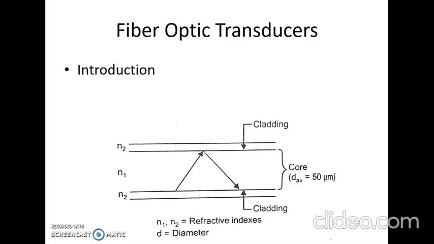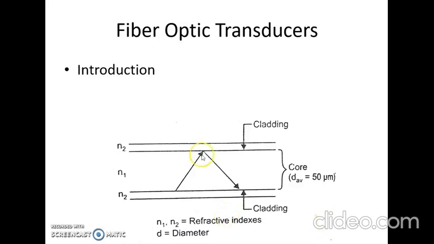Now let us discuss fiber optic transducers. Fiber optic transducers are also called optical fiber sensors. These optical fiber sensors work on the principle of alteration of light by external variables like motion, temperature, pressure, flow, etc. The fibers act as light conduits and consist of thin strands of dielectric materials like glass, quartz, and plastics, in which some dopants may be introduced for certain special applications.